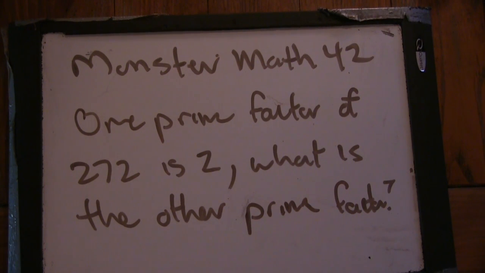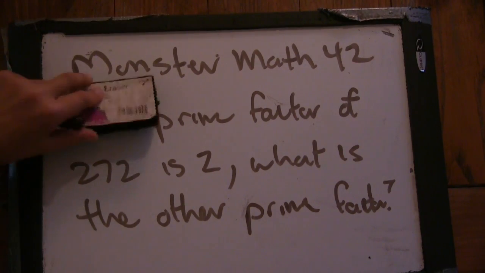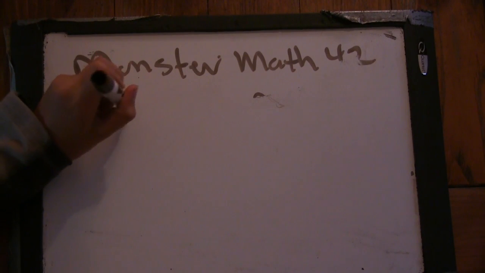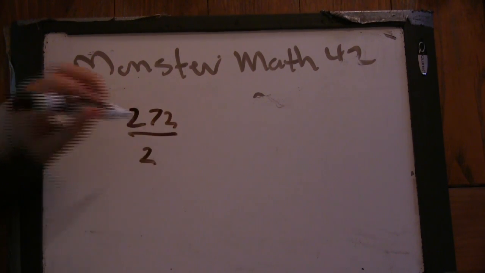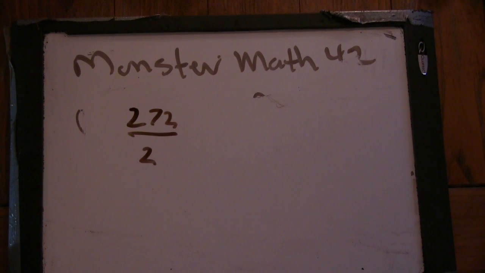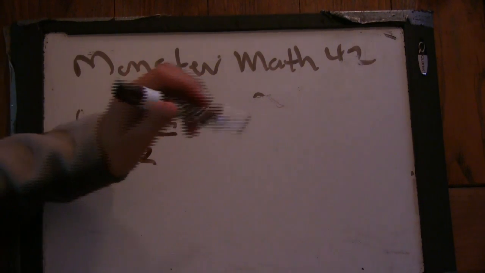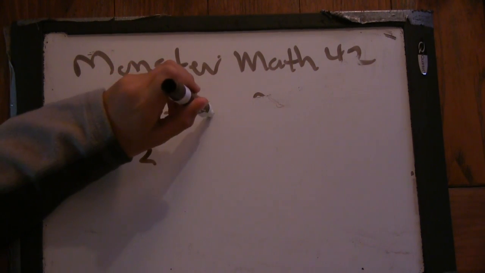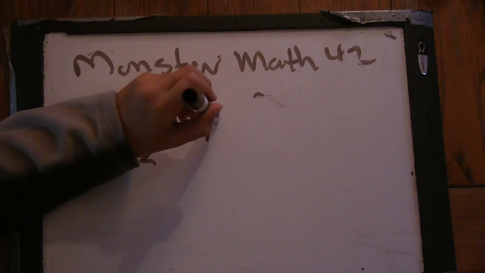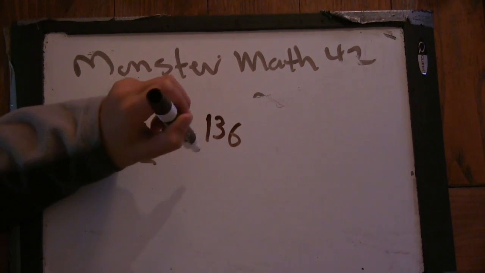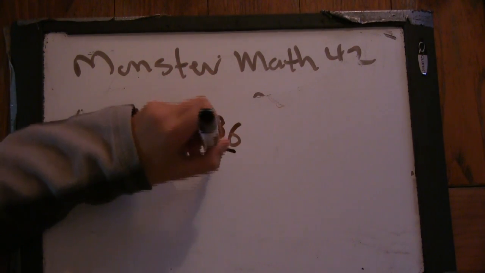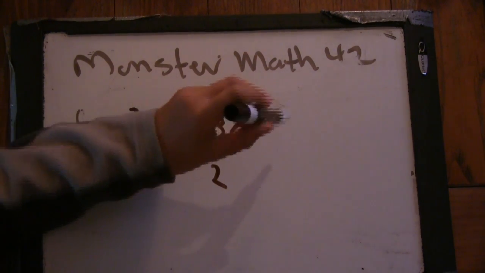Alright, so how would you approach this problem? Well, since it says there's only two prime factors and one of them is 2, I'll divide 272 by 2. So I would get 136. So this is still not prime. So it's divided by 2 again. And we get 68,